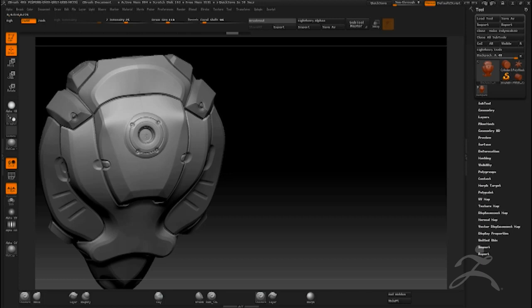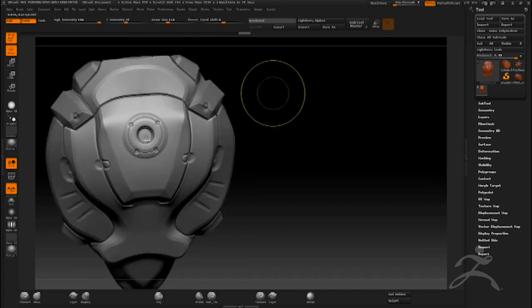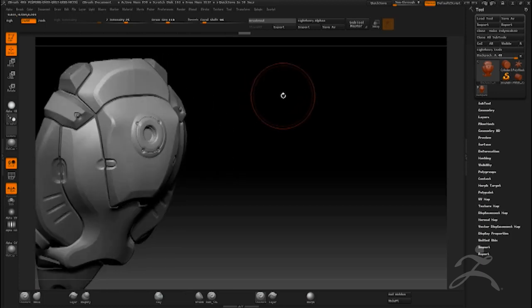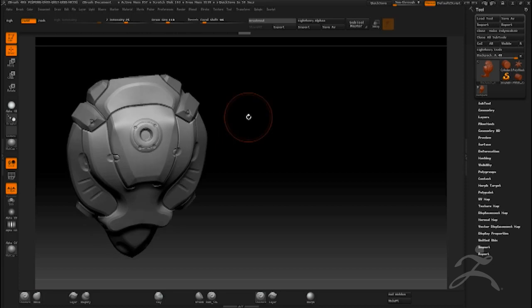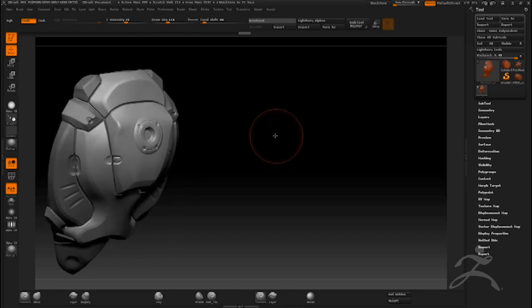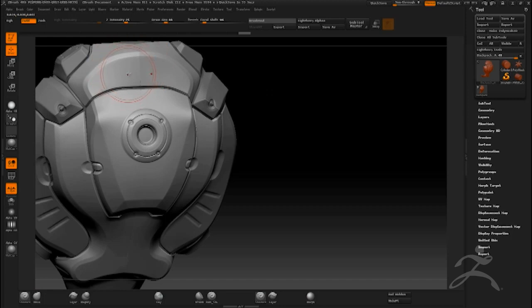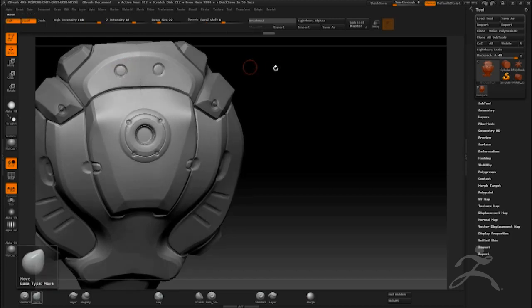So. Having some difficulty there. So it's never too late to just pop something out like that. Usually you'll think about working with the large forms first, and then working down to the smaller details. But sometimes I'll just build out little mentions of details, and then try a different alpha and just pop the entire piece out like that. And then while I have that, grab the move tool,